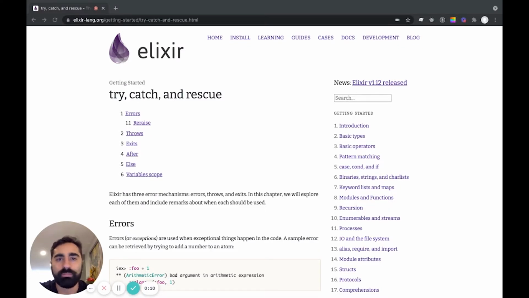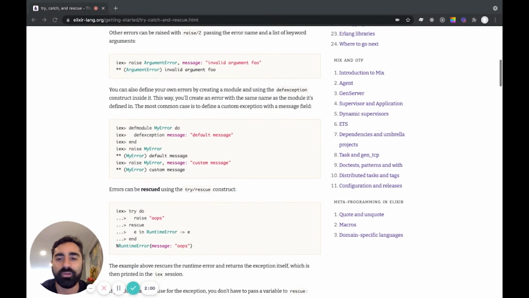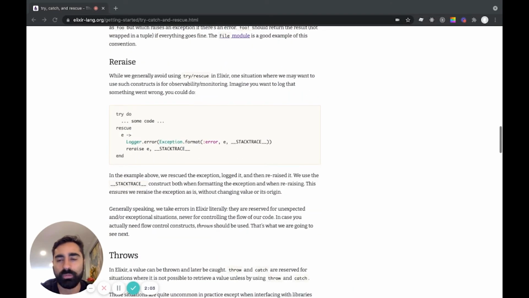Another unique feature of Elixir and Erlang is its approach to error handling. And as we've already discussed, processes in Erlang can be supervised, which means that processes can be automatically restarted should there be a transient error or some other issue during execution, while also introducing a different approach to error handling in general, where most languages prefer to be highly defensive in their error handling, meaning that you're always trying to catch any specific error that may occur and handle that error gracefully. Elixir can be more forgiving while also providing the same mechanisms that you'd be used to in other languages. So you kind of get the best of